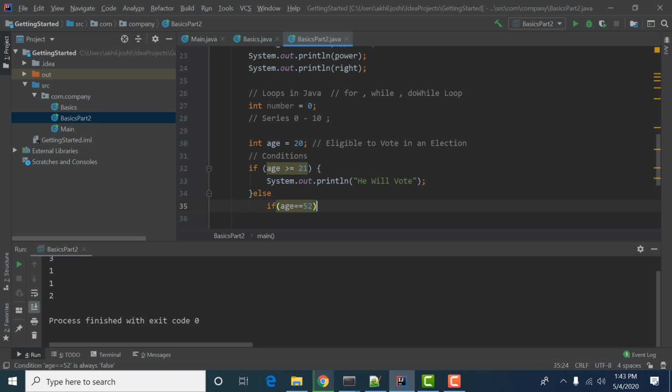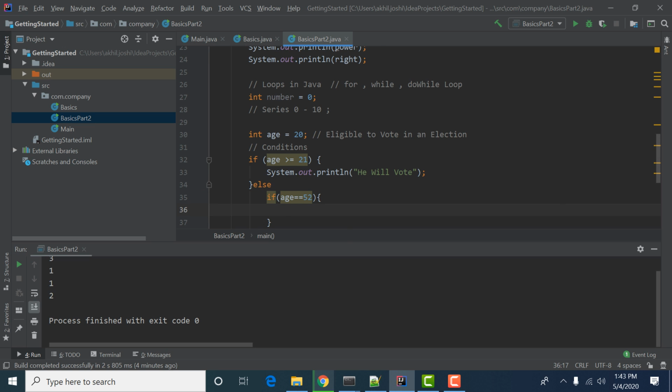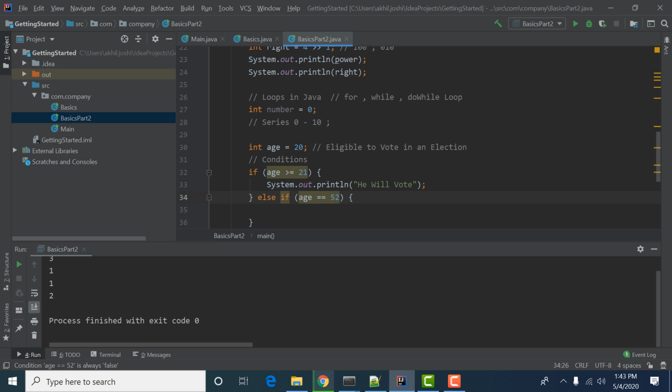Double equal to means we are comparing the value. If the given age is equal to 32, then a person is a senior citizen. Okay, perfect.